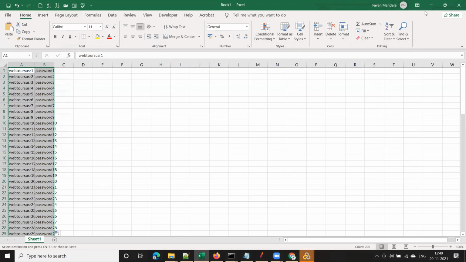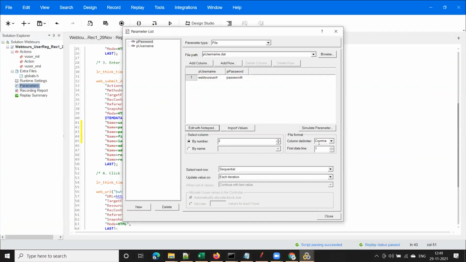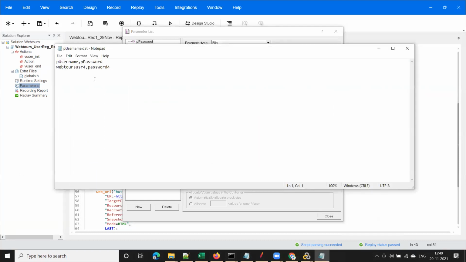I want to show you one more thing. Observe here, in LoadRunner this file should be a CSV file. How do I know that? You see the file format here: column delimiter is comma, which means it is a comma separated file. If you open this, you can see commas between username and password.